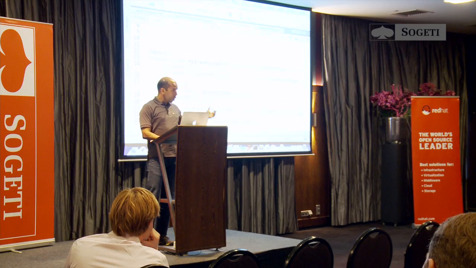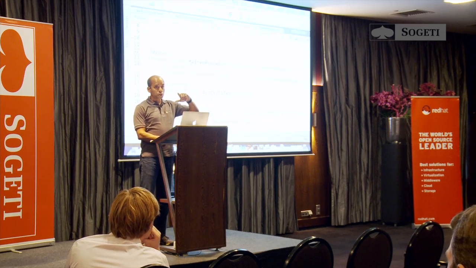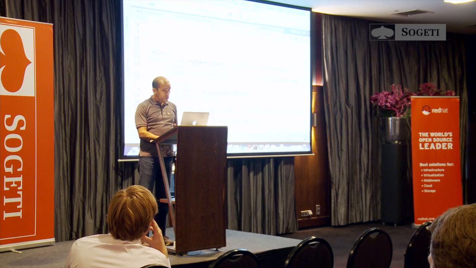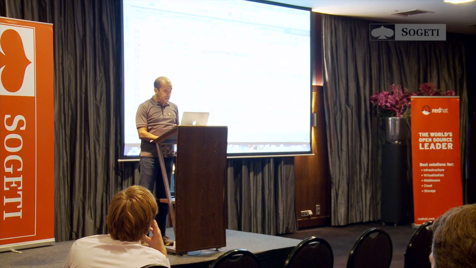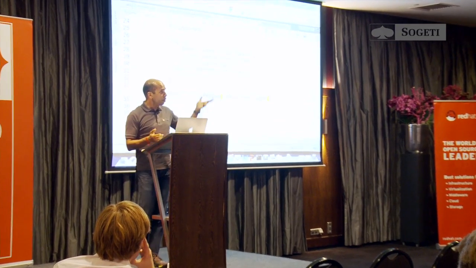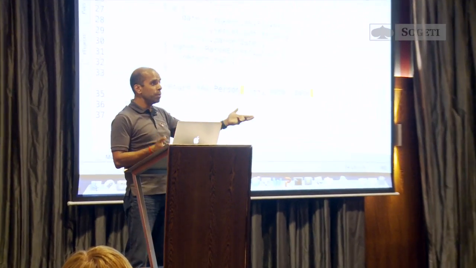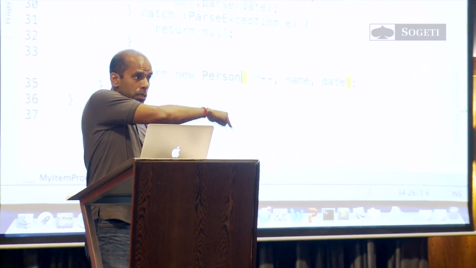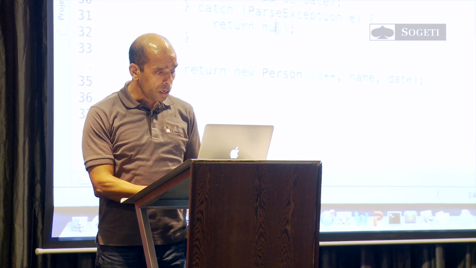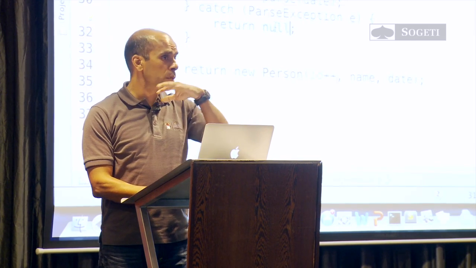Whatever item I just read is then passed on to the processor because that's how it's specified in the job XML. That comes over here. So just one method, process item. I validate it. If it's valid, then I return a new person object, which is a JPA entity. So you can take a string, convert it into a JPA entity, return it so that it can be serialized into the database. Or if there is an exception, then you return null. That means, okay, ignore this item. This is not going to be persisted.